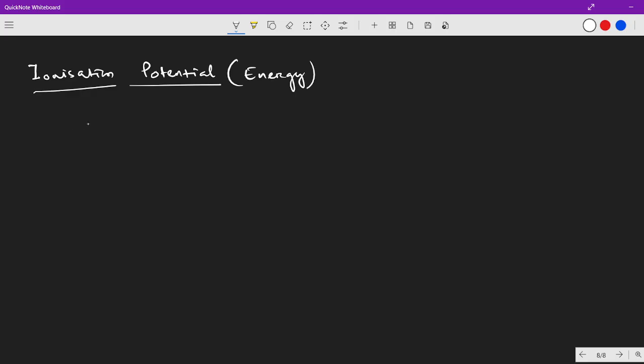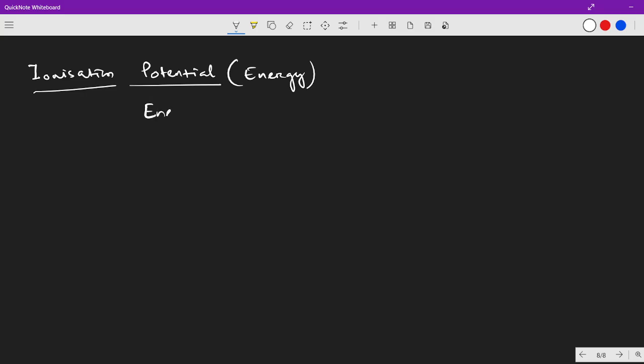So these are some basic properties. Now we are going to discuss some important properties like ionization potential. So what do you understand by ionization potential? It is also known as ionization energy. Now you see what is ionization potential. If you can define it, you can write: